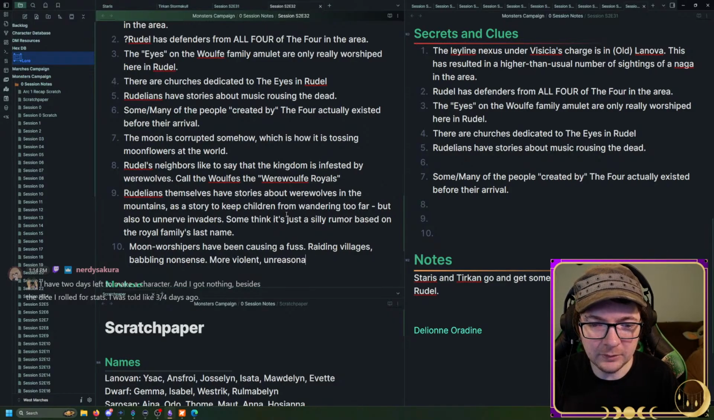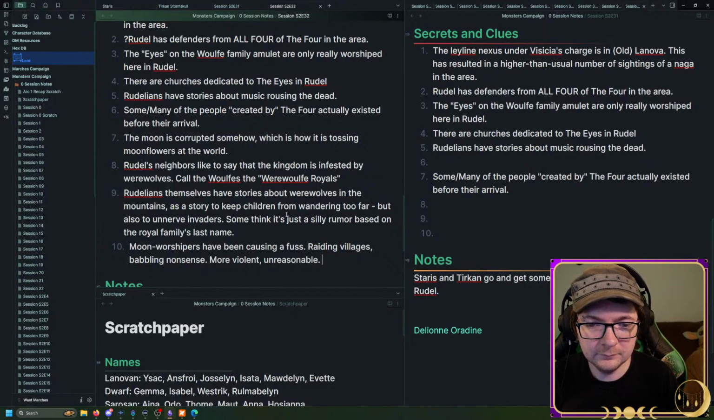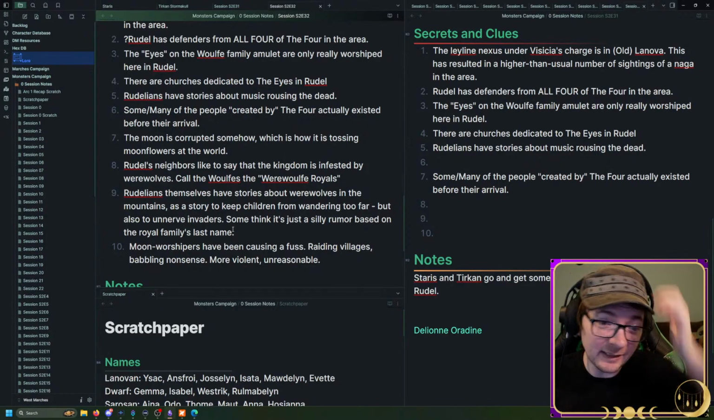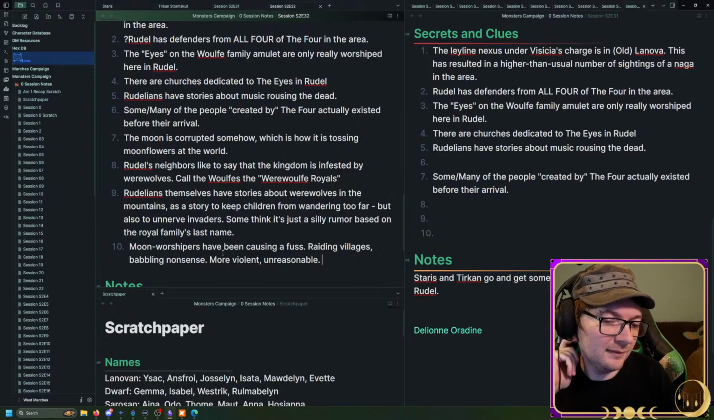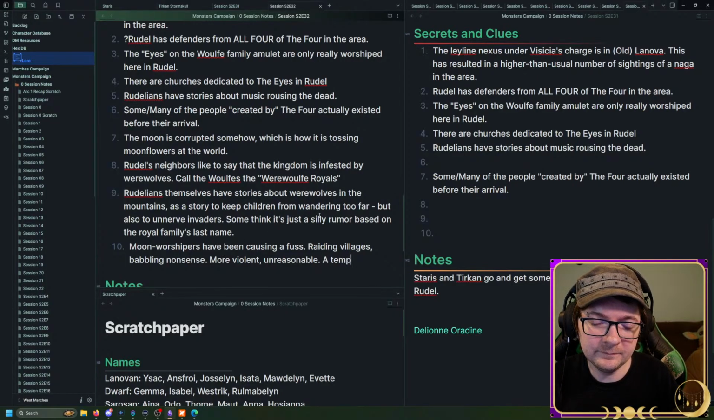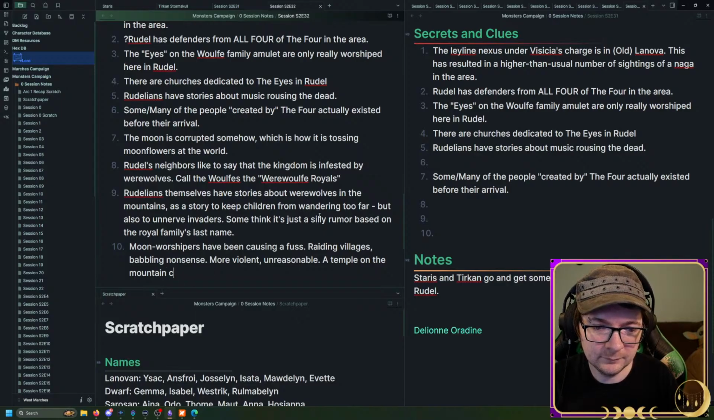So, more violent, unreasonable. Maybe it's not even like a fringe group. Maybe there's like a temple. Maybe there's a temple on the mountain where they're gonna find the Arx Sistinium. We're kind of piling multiple secrets together, but